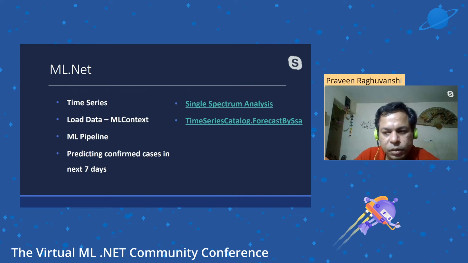So I have data of around 107 days that I've trained my model on, but the data itself is very less. But I have trained it on that, and I try to predict what will be the values of the next 7 days if we continue to have those kind of numbers of confirmed cases. For that, I have used singular spectrum analysis. So singular spectrum analysis is